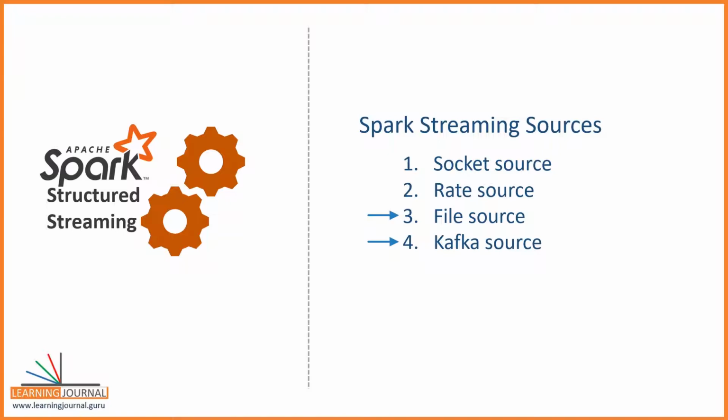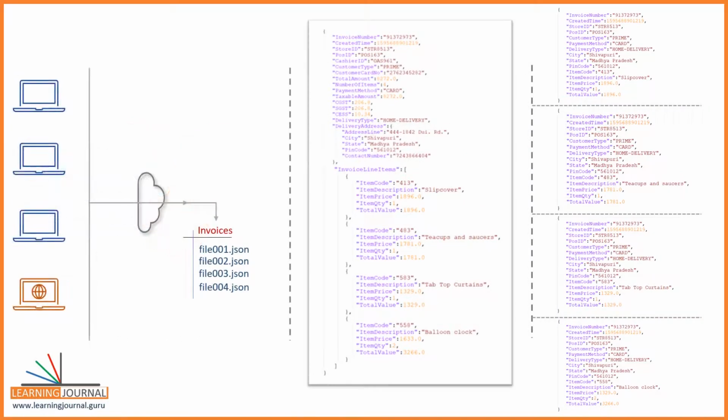So, let's define a problem statement. You are working for the XYZ home furniture and kitchen utensils retailer. They have hundreds of retail stores across the country, and they also have an online presence. XYZ management decided to transform itself into a data-driven organization. As a first step towards that goal, they created a data collection pipeline to collect all their invoices to a central data center. The data ingestion pipeline collects the invoices from the sales channel and dumps them into a distributed storage at regular intervals. Let's assume you have a directory in HDFS or S3.